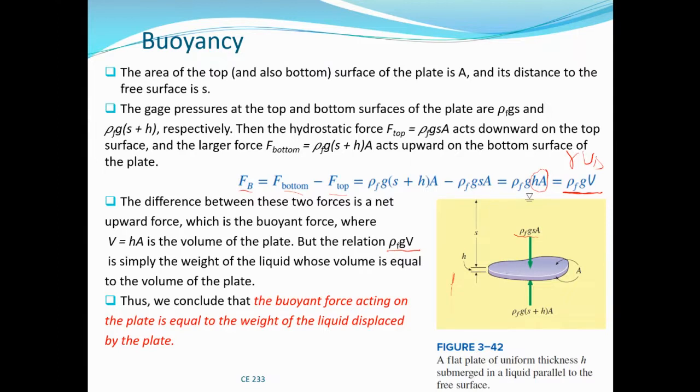the fluid, okay? It displaces a volume in the fluid in which it floats, because the volume of the body or the object, the plate, let me say Vp, is equal to the volume of the displaced fluid, okay? The volume of the plate is equal to the volume of the liquid that is displaced by the plate, okay? So that is why HA here is equal to V. HA is the volume of the plate. V here is the volume of the liquid displaced,